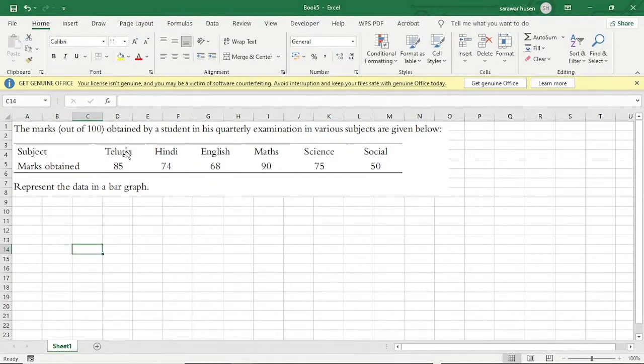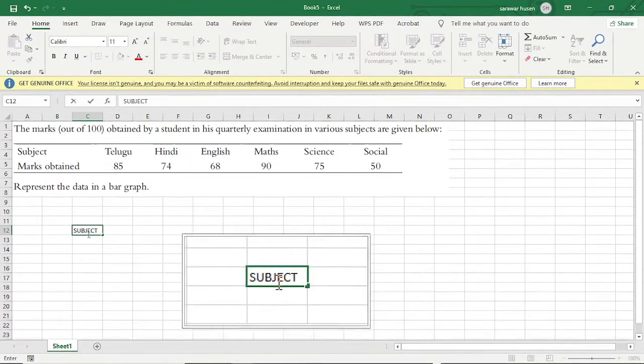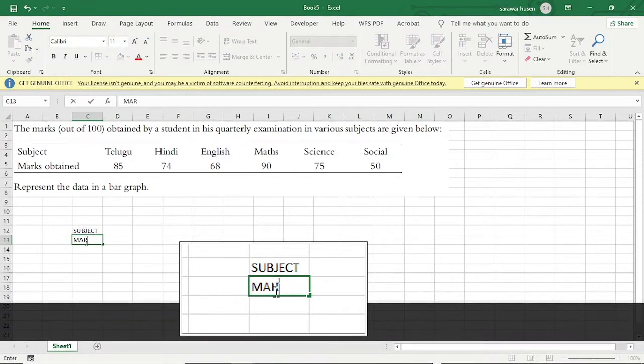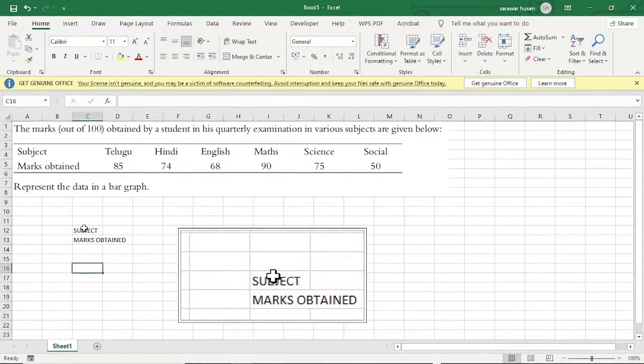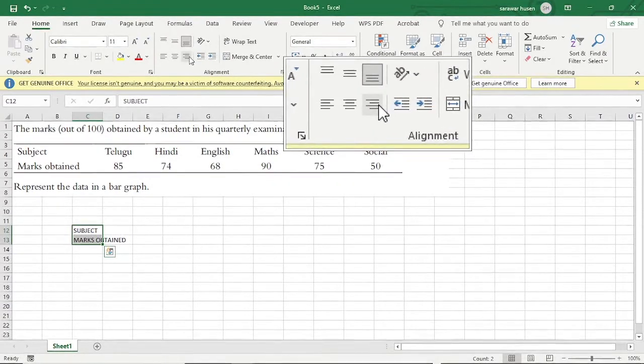Now first we need to type all this data in a tabular form. So first I'm going to write here Subject. Then the cell below the subject we will write as Marks Obtained, right? And we will align it with right alignment,